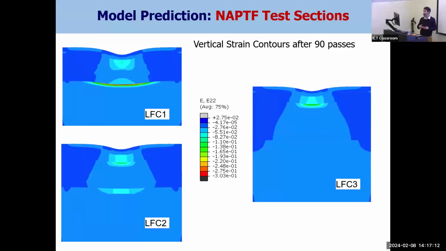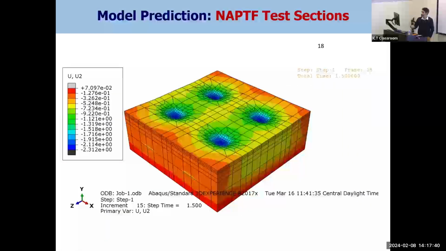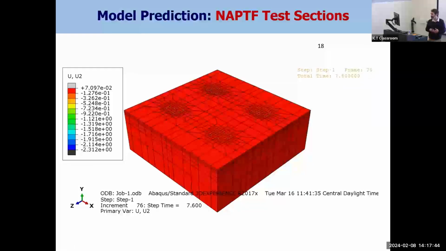See what happens to the deformation that is permanent. And as we can see, and this is 2D, and usually we do 2D first because it's fast, and if there is any issue in the problem, you can just say, hey, this is not working, so we can modify it. And it basically shows that as the subbase increases, the level of strain in the subgrade decreases. This is the same for applying 4-wheel, but in a stationary manner.